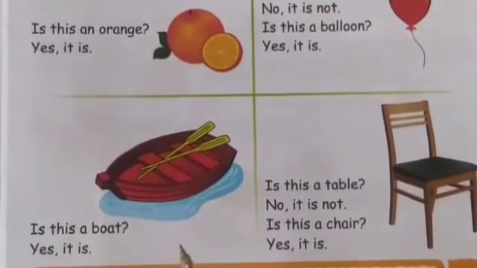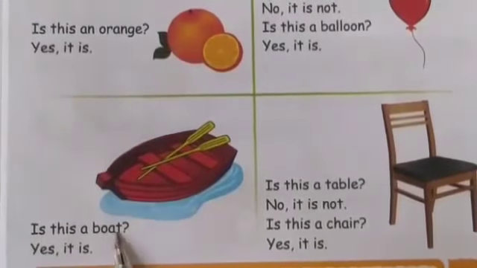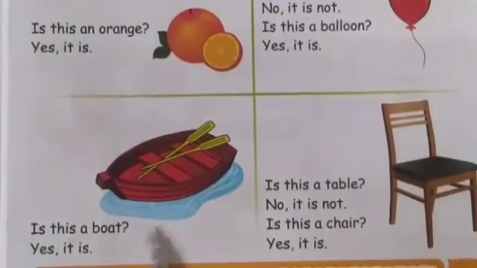Okay, read and listen to these answers carefully, because in the next activity you have to write your answer. That's why I'm telling you about commas and writing instructions, that you have to write comma after yes or no. Now look at the next one. Is this a boat? You have to put a question mark at the end because it's a question. Is this a boat? No, it is not.